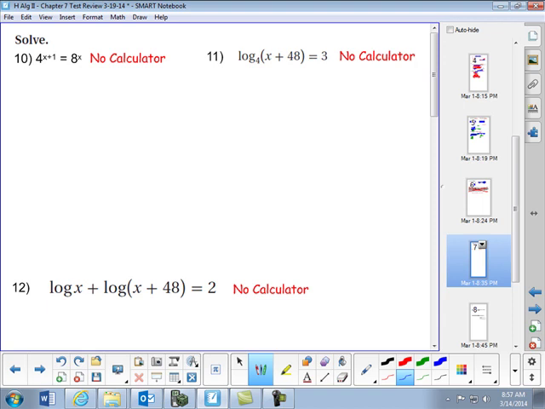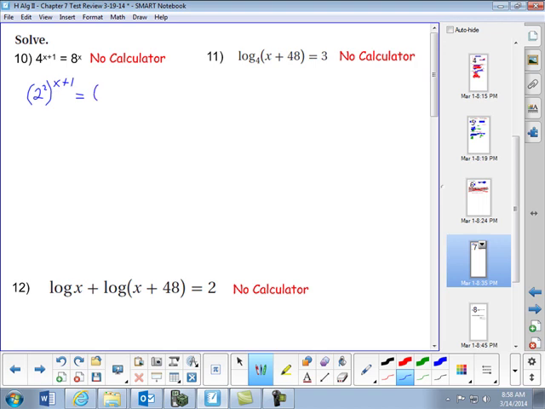So on this one, you have 4 to the x plus 1 equals 8 to the x. So you have an exponent equals an exponent, so we're most likely going to change the bases to be the same. So what base could you turn 4 into? And remember, sometimes you guys change the value of this. You can't change the value of this. 4 is the same as 2 squared, so I did not change the value of this. So we have 2 squared to the x plus 1 equals